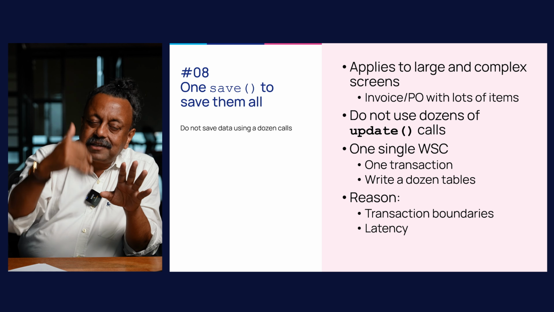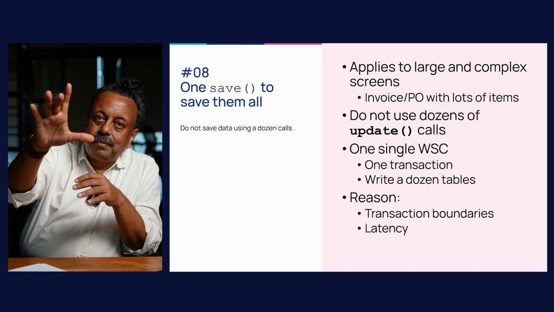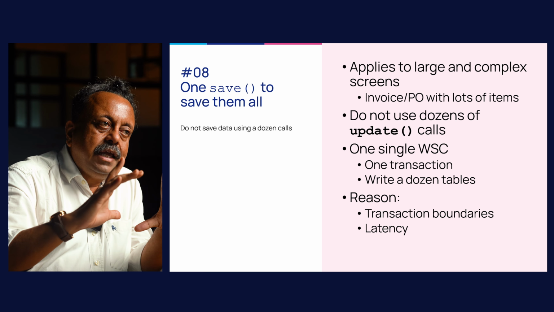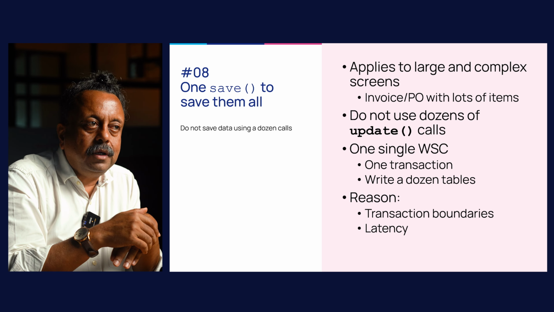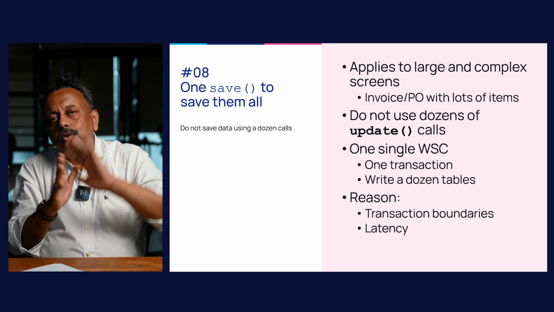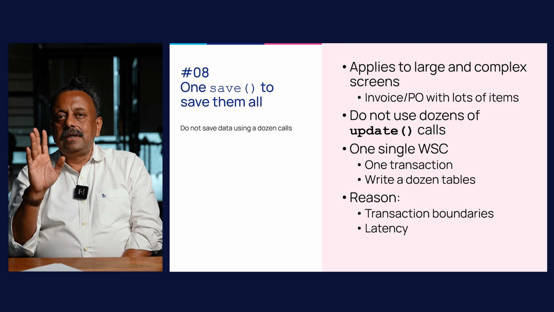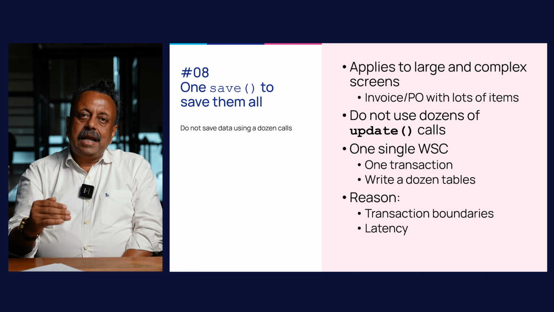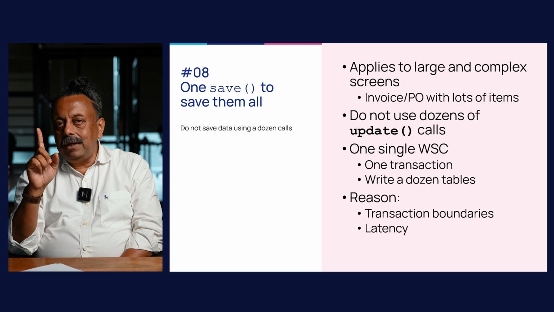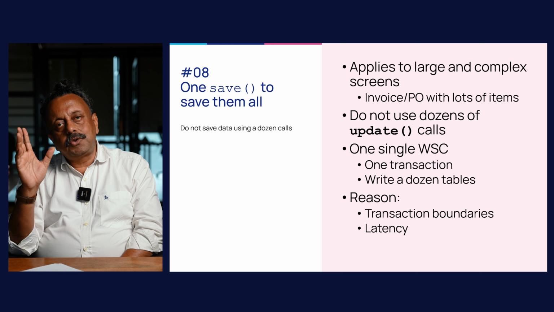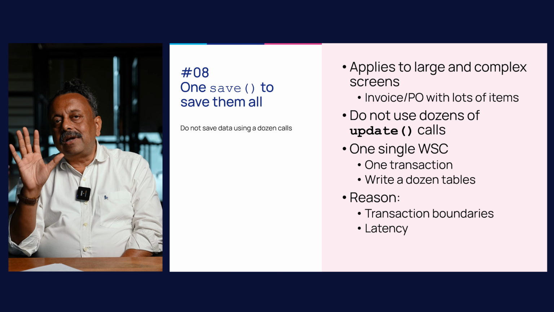So the next best thing which we see sometimes happening is there is one web service to save the invoice master data, another web service to save an array of 40 invoice line items to the invoice details table. So from 41 we have come down to 2. I would say in such situations, it is better to have one web service, which will save the master and save the line items all in one shot. Internally, the data will go to different tables, but the web service will be only one, and there will be one web service call. So the latency really improves, performance really shoots up, and you get a tighter transaction management,